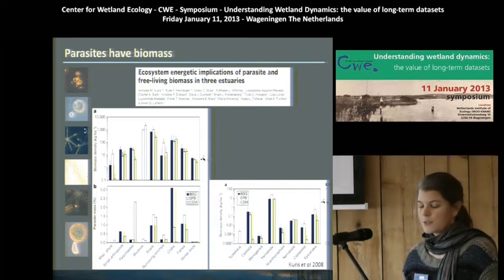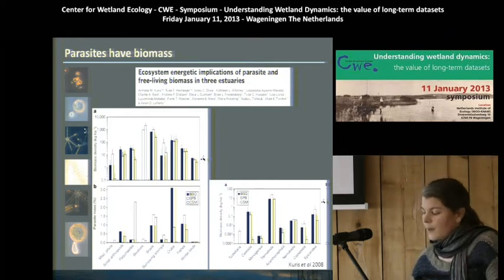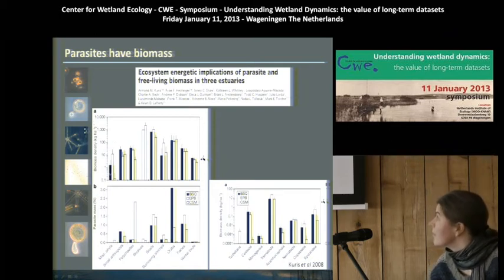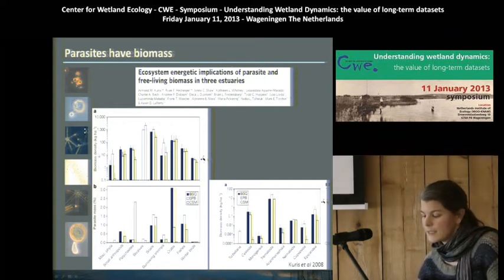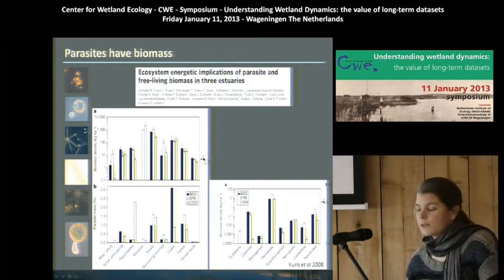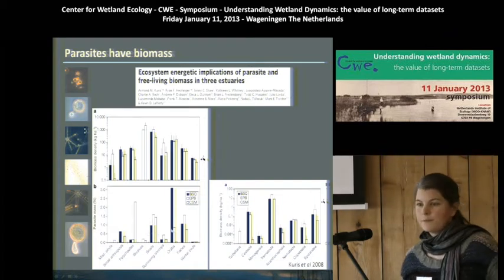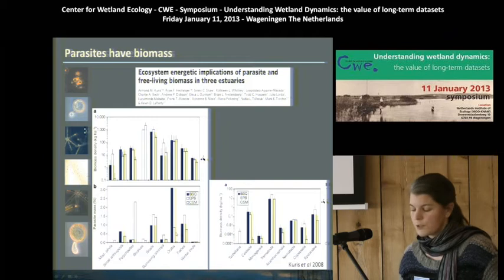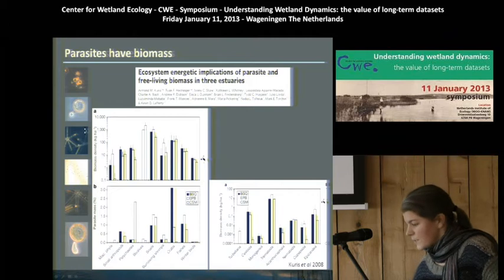biomass of free-living hosts and parasites in not fresh water, but in 3 estuaries. In this graph, you see biomass of different host species. Here you have the logarithmic scale of biomass density, and they're compared to the biomass of the winter bird population. In the graph below, you see how much of that host biomass is made up from parasite biomass living within those hosts. And if you then compare that again to the standing,